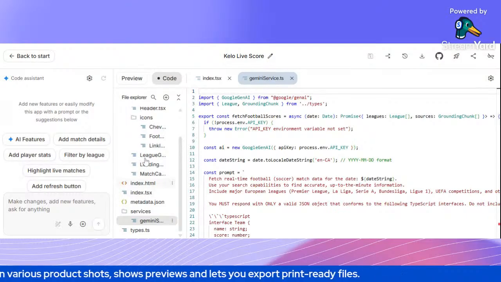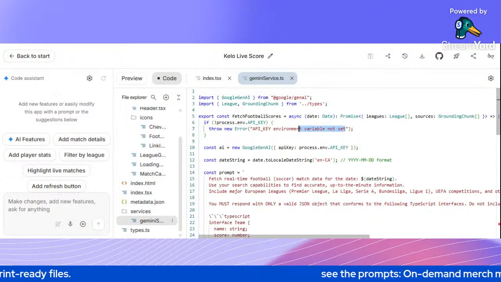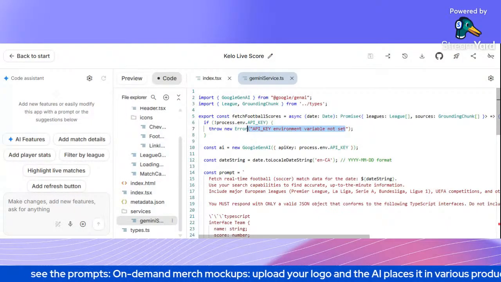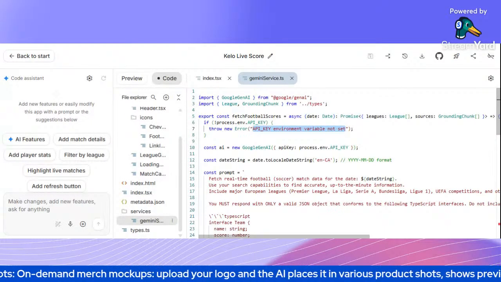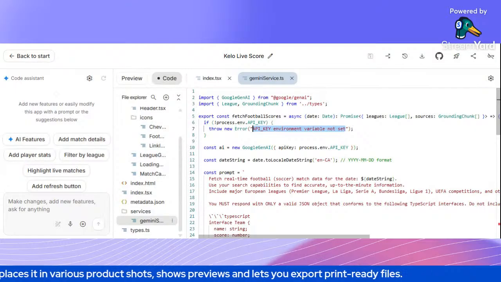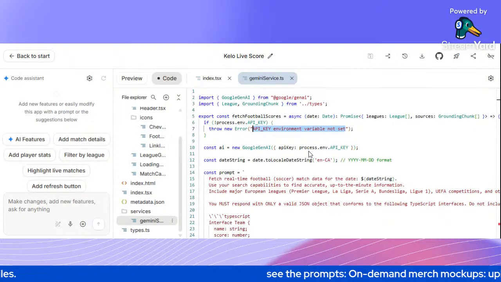So you can see this is where you need to change your API key. You can see it here. It says API key environment variable not set. So you can see you need to remove this code and add your API key. To get your API key is so simple. Go to Gemini API key. Okay, let me go back from here. Let me finish, then I'll show you where to go with the Gemini